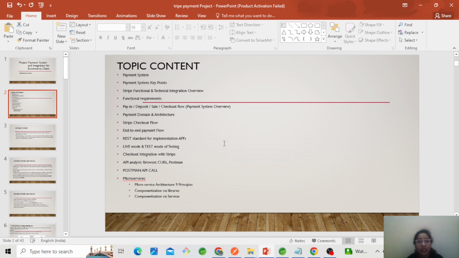We will discuss in detail the Stripe functional and technical integration overview, the functional requirements of the project, the pay-in payout system, the payment domain and the detailed architecture of the payment domain, the Stripe checkout flow and the end-to-end payment flow, REST standards for implementation of APIs, and again we will discuss the live mode and test mode which are provided by the Stripe documentation, checkout integration with Stripe, and the